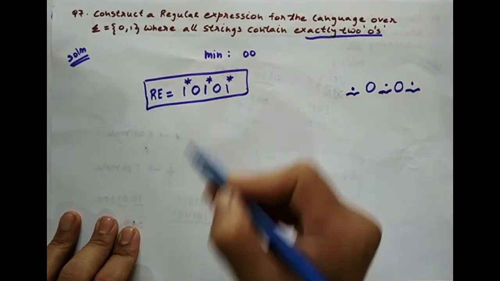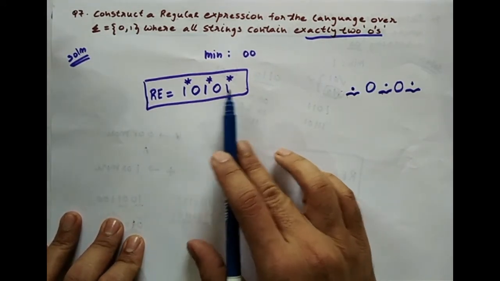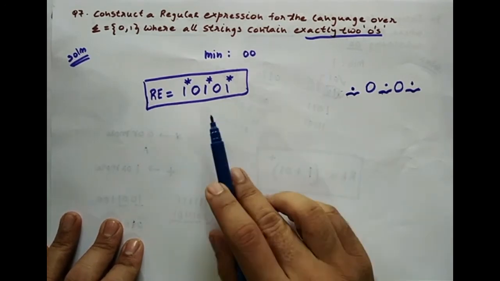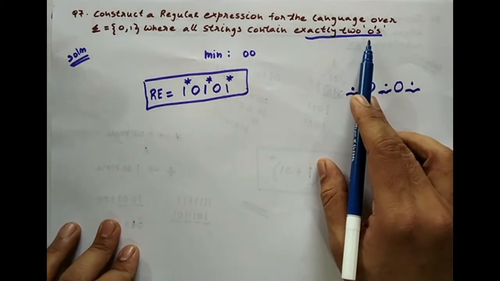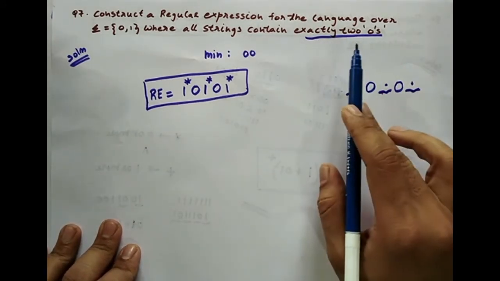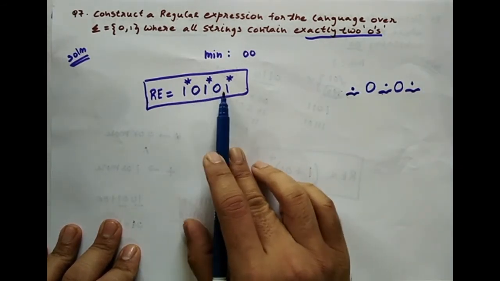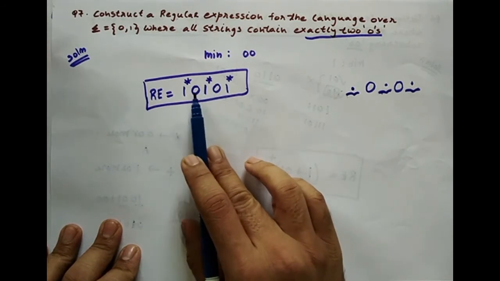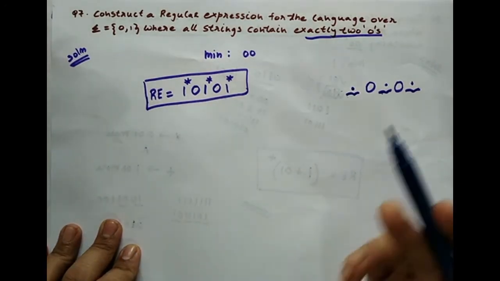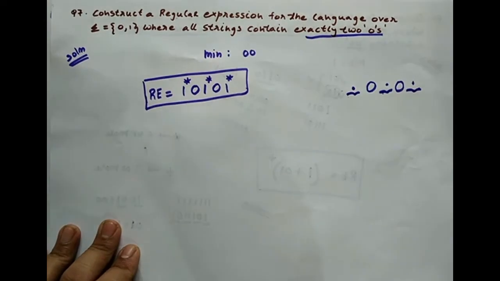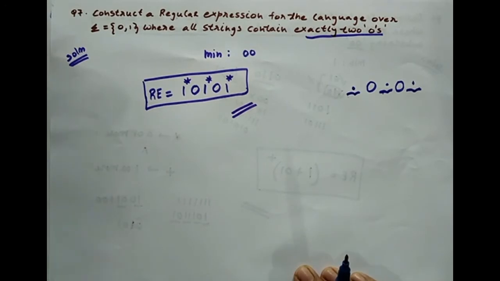This is the required regular expression where exactly 2 zeros are there, and the ones may or may not be there. Now again, addressing the query we had in the beginning, we said there should be exactly 2 zeros, but contiguously one after the other or in any order. See, if this 1 does not appear, then they will look contiguous. If 1 appears, then they may not be contiguous. They may be just embedded in some number of ones in between. So both cases can occur, and still the regular expression will accept such strings. So this is how the problem is solved.